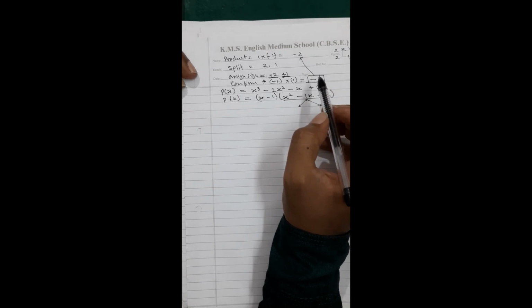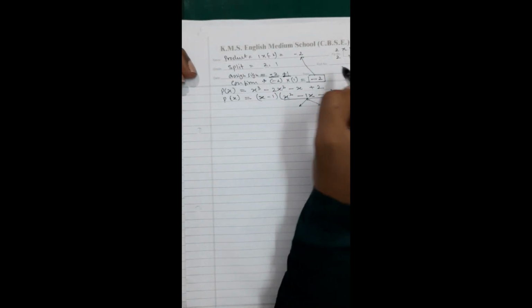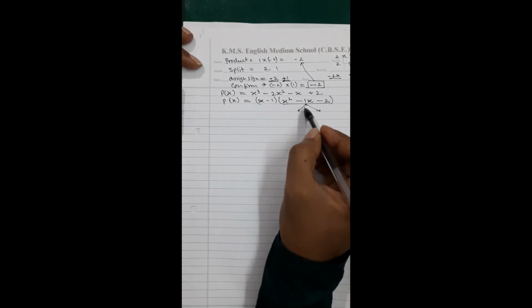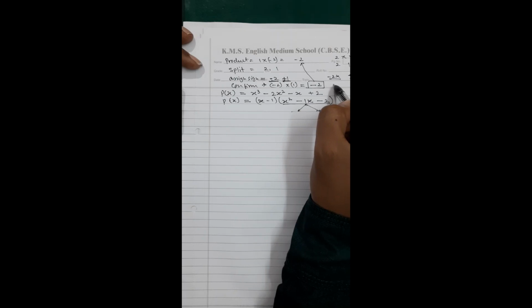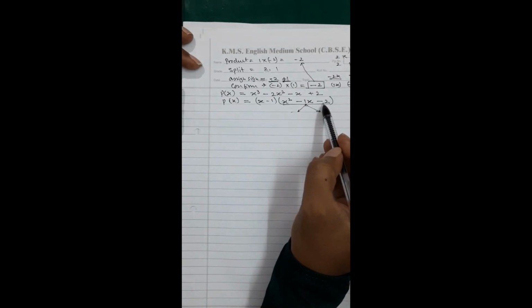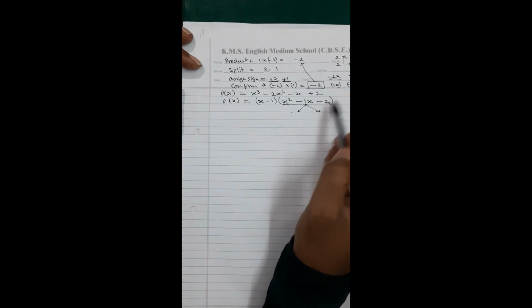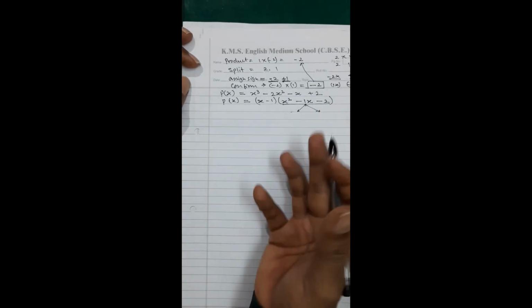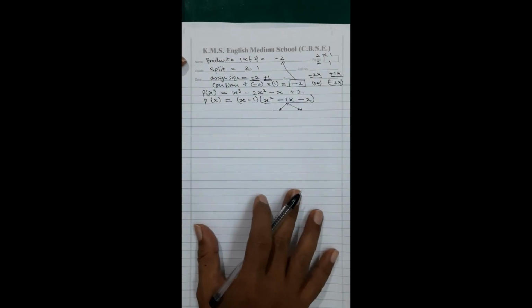So now, before writing it, I can write it minus 2x plus 1x, or I can write it 1x minus 2x. I am rearranging. Instead of writing like this, I am writing like this because the two 2s will then be closer. Otherwise, I will have to write one more step to rearrange them.